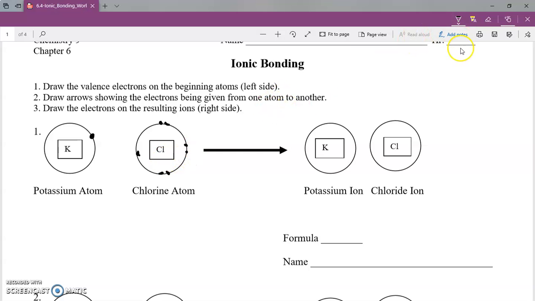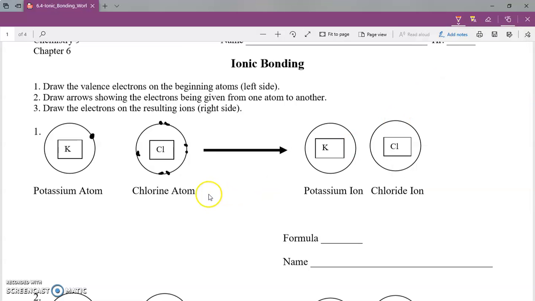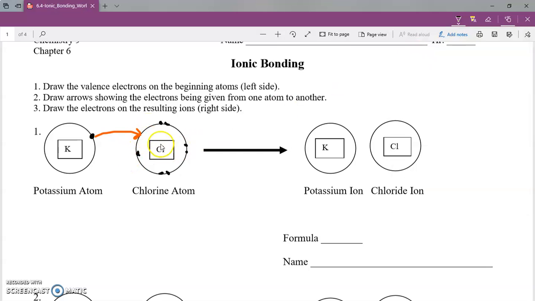Now it says draw the process, right? Draw the arrow showing the electrons being given from one atom to another. Now that's the thing here. What do we do? Well, what's going to happen is that chlorine needs to get to 8, right? And potassium wants to give that 1 to chlorine. And so we're going to show that process occurring right here. It's going to transfer its electron onto chlorine, and boom, now we have that arrow showing the electron being given